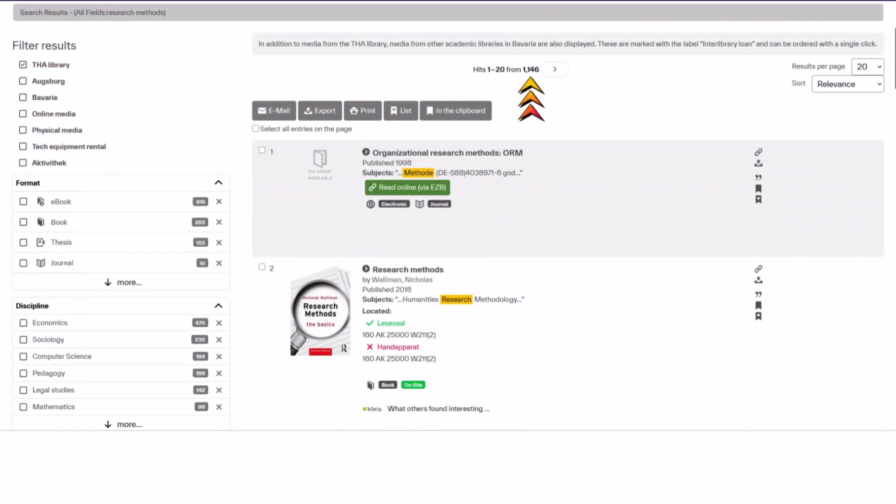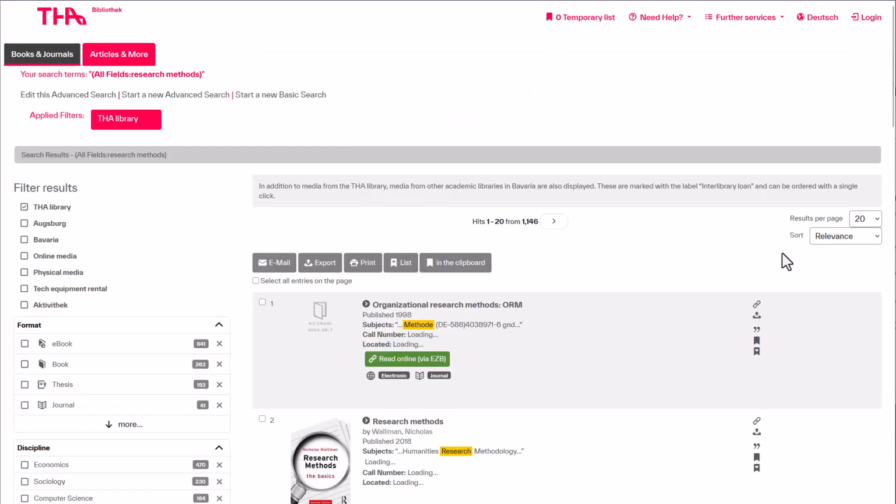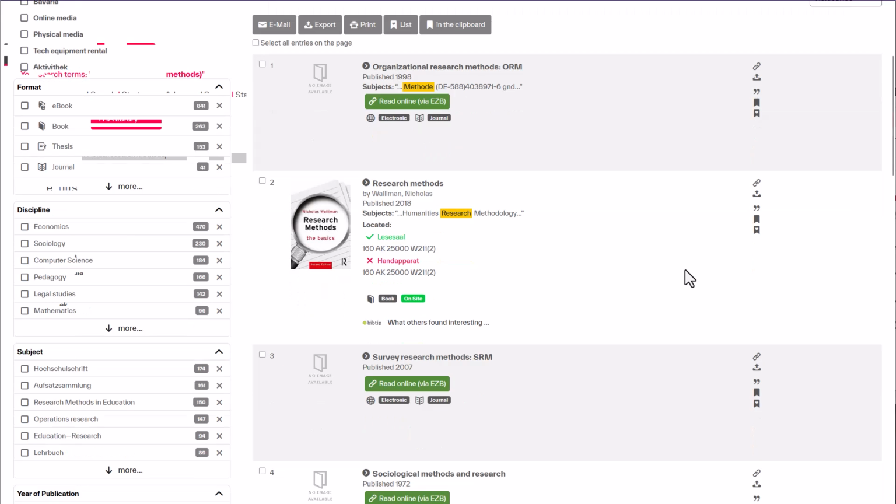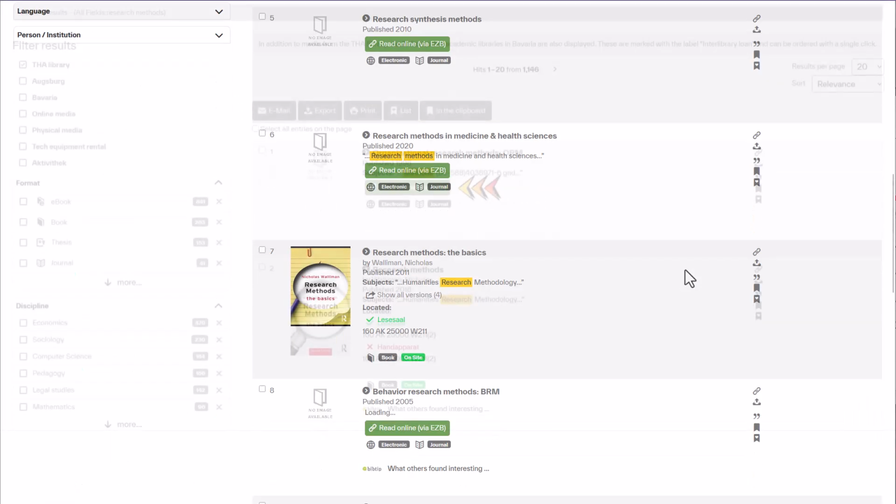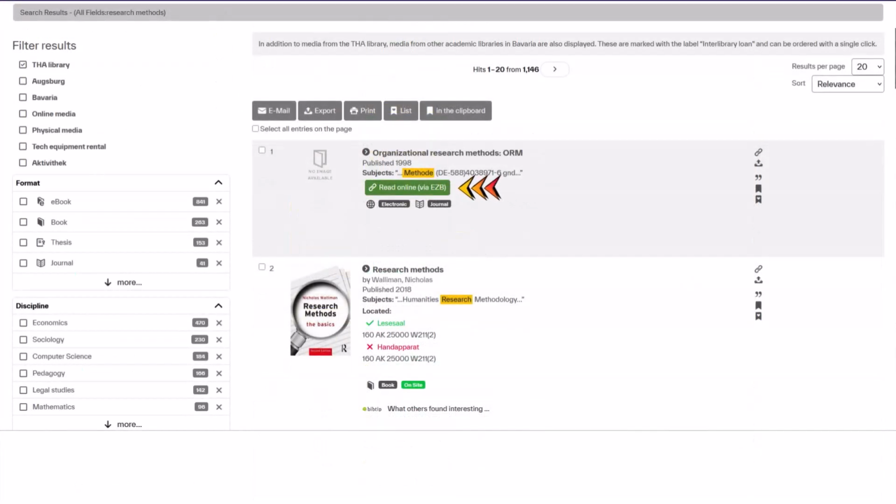The search returns 1,146 results of different types. For example, there are online resources. If I click Read Online, I am redirected to the database where I can access the PDF depending on the